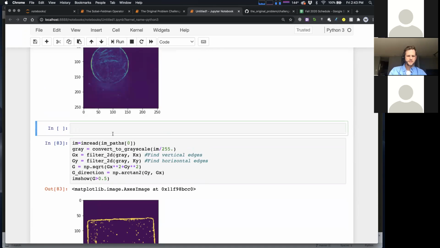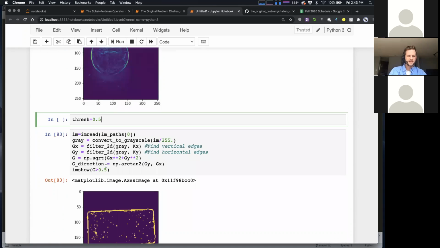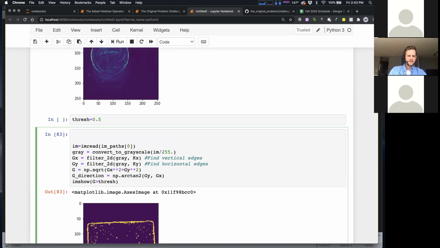All right, let's try this. So let's do thresh equals 0.5. And that's a little bit noisy, but it might be usable. We'll see. Okay. So let's do fig equals figure. I'm just going to do a big subplot thing. You'll see what I'm going to do in a second here. Let's do 14 by 14. Let's do a big figure.